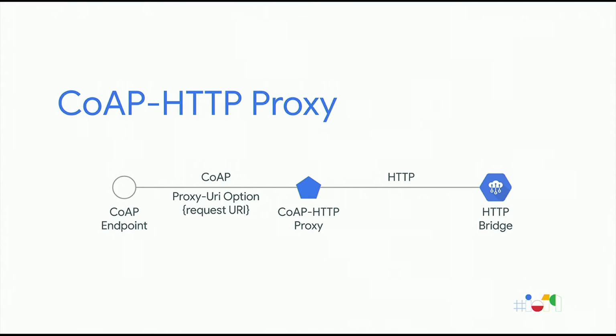Unfortunately, IoT Core does not natively support CoAP. But because CoAP and HTTP are so similar, it's very easy to build, implement, or use one that's already out there: stateless CoAP to HTTP proxies. In this case, we'll use the Proxy-URI option in CoAP. An option in CoAP is basically the same as a header in HTTP. And we will include information about the URI of the address that we would like the proxy to access for us.